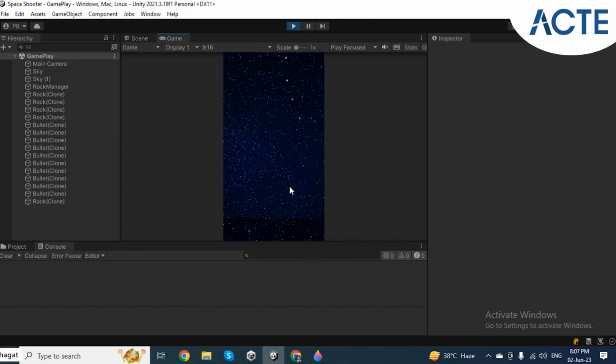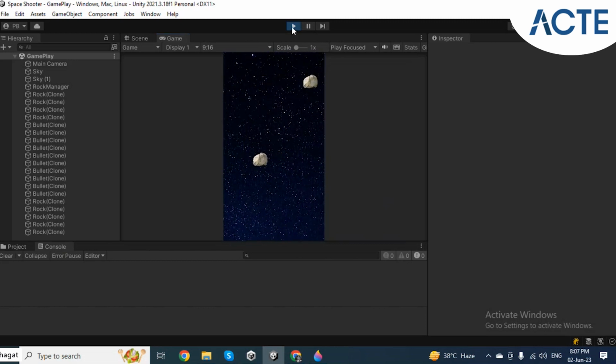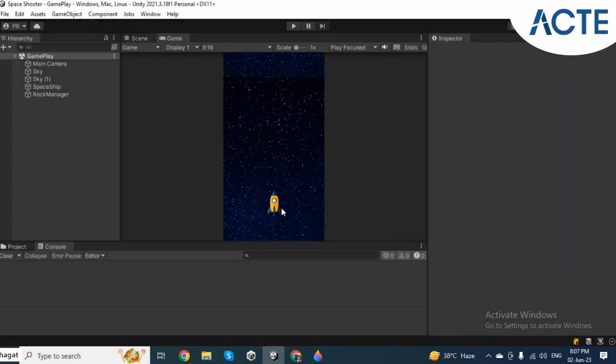It's working properly now. But when our spaceship destroys, then we will lose the game. So for that, first of all, we have to create a start game button. Then only it should start. Okay. So for that,